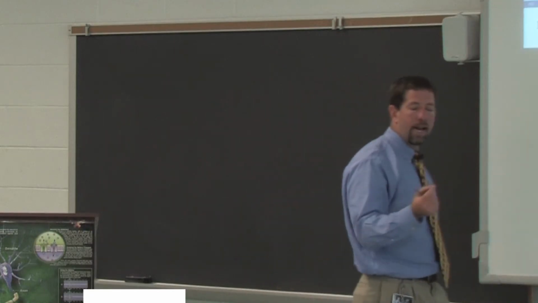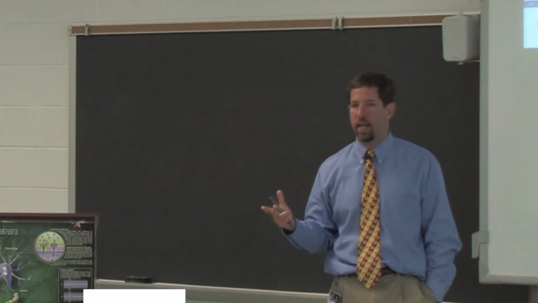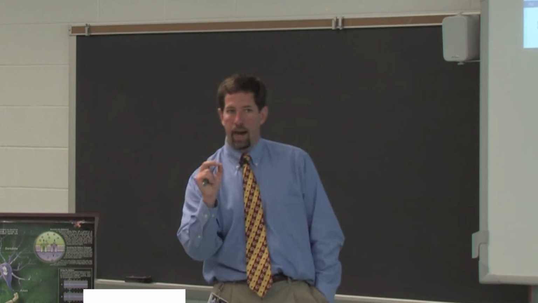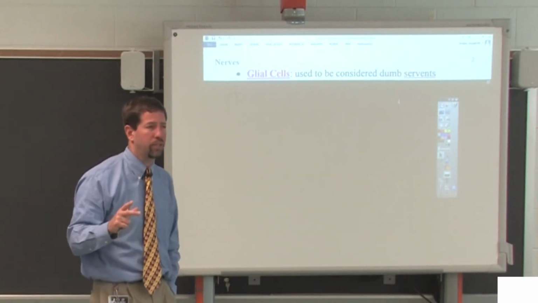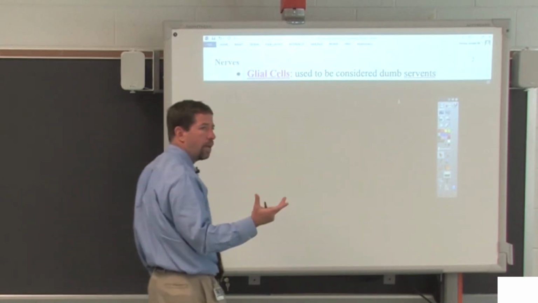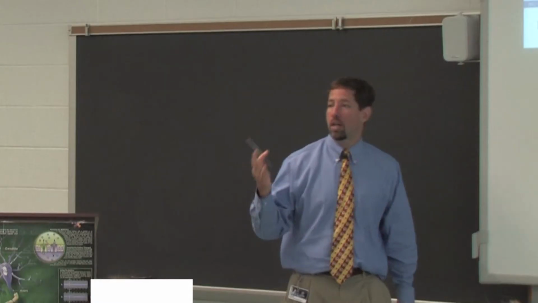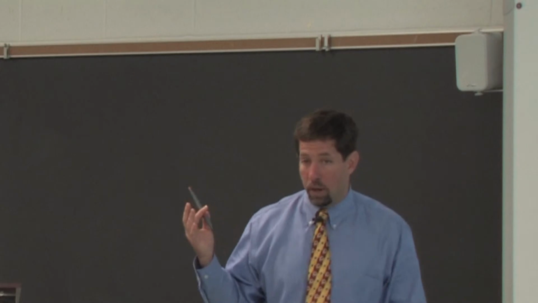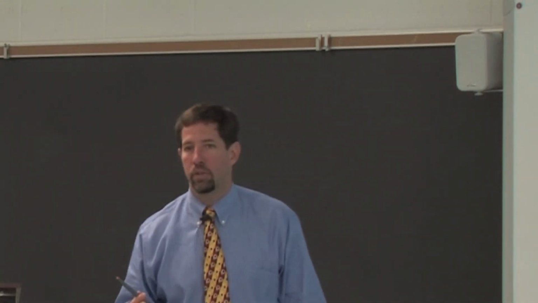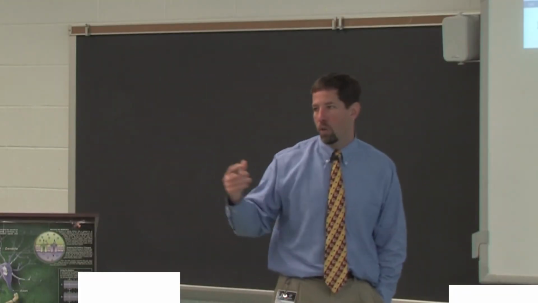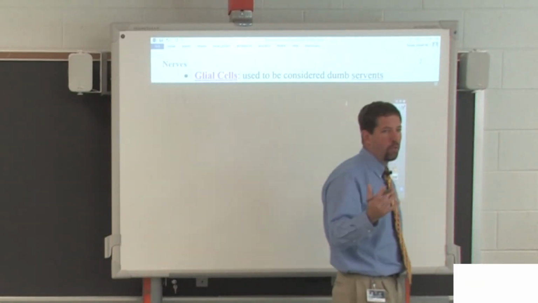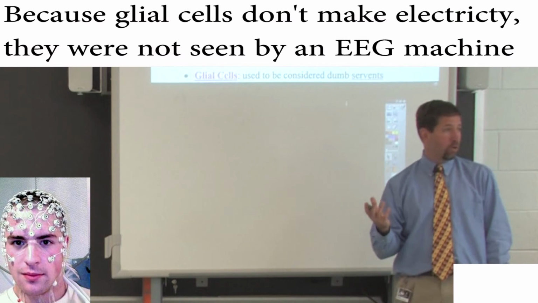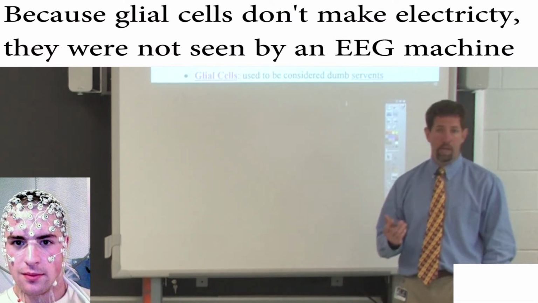Think about it. In 1887, when the first neuron was stained, okay, that's like, aha, that's how we think. And neurons are cool, man, they're sexy. Why? Because they produce electricity. And you can put an EEG on someone's head and you can see their brain waves. Glial cells were thought of as dumb servants, the butlers of the brain. All they do is bring the cool, awesome neurons nutrition and remove cell waste. And because they didn't produce electricity, they were ignored. They weren't picked up by EEGs.